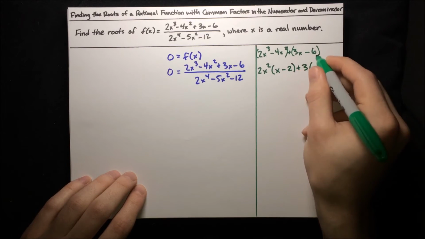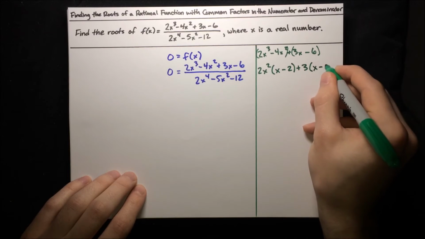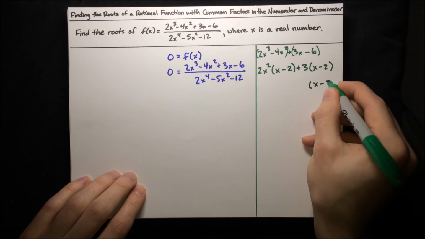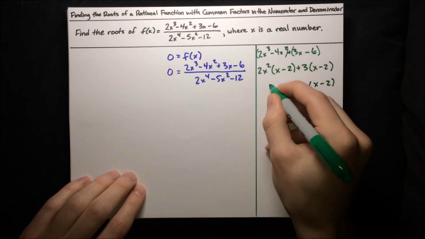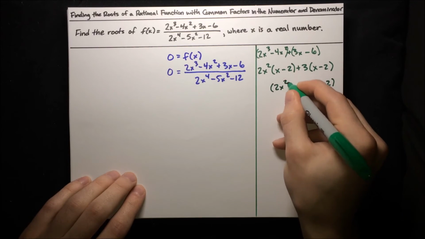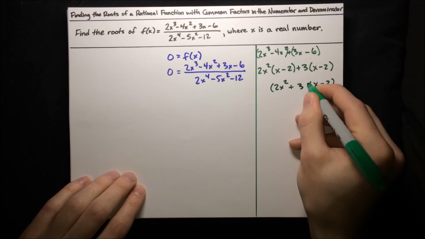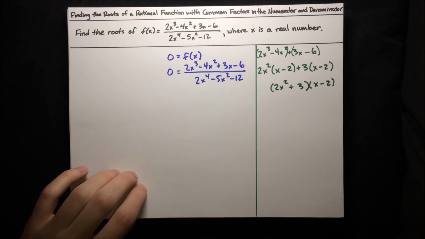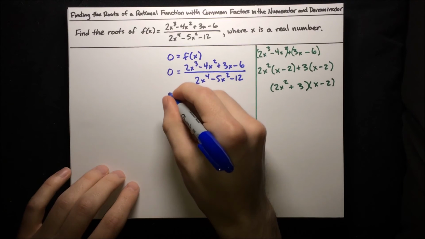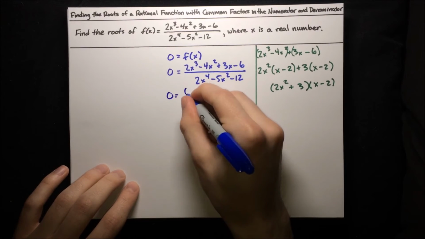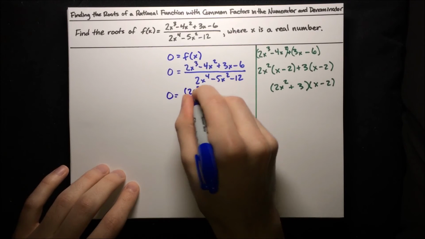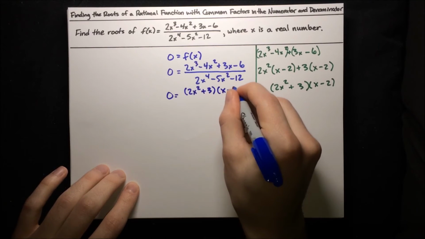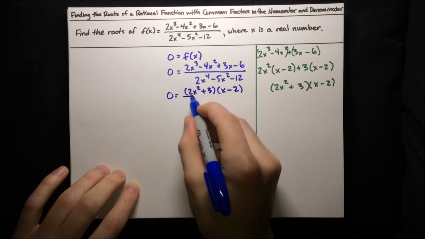times the remaining terms, x - 2. Then we can pull out an x - 2 from both of these terms. We've just got our 2x^2 and then plus 3. So the numerator can be factored to this. Let's go ahead and write that down. So 0 is equal to (2x^2 + 3)(x - 2), and that is all over, well, let's